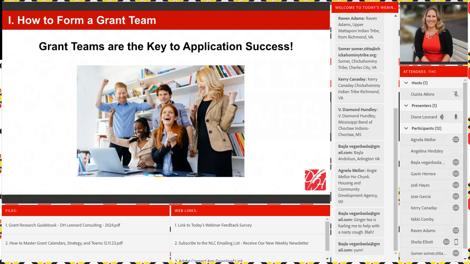So, forming a grant team. Within the grant seeking field, whether individuals call themselves a grant writer, a grant professional, or a nonprofit professional that sometimes writes grants, regardless of title, or a preferred way to describe your interactions with grants, what has become widely accepted is that grant seeking is not a solo sport. It's a team sport. And grant teams truly are what make a difference for organizations being competitive in single applications, but also over a longer period of time. So what I thought would be helpful is to give you a definition of a grant